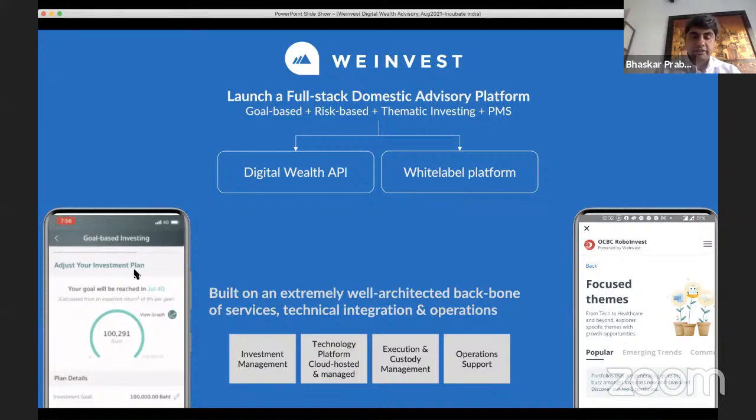And therefore, as I said, the third largest bank in Thailand uses us on the API model. The second largest bank in Singapore uses us again on a white label model. And this is obviously built on a whole end-to-end architecture. So everything from investment management, technology platform, cloud hosted, execution and custody, and operation support, all can be included or